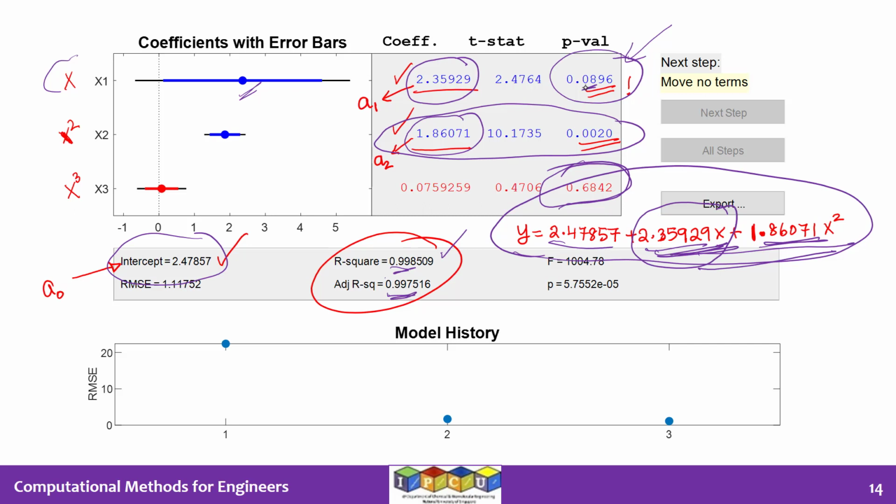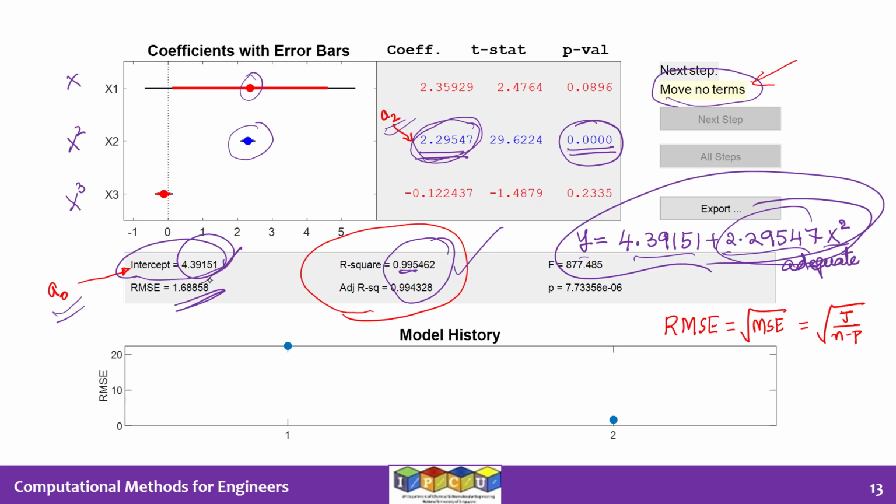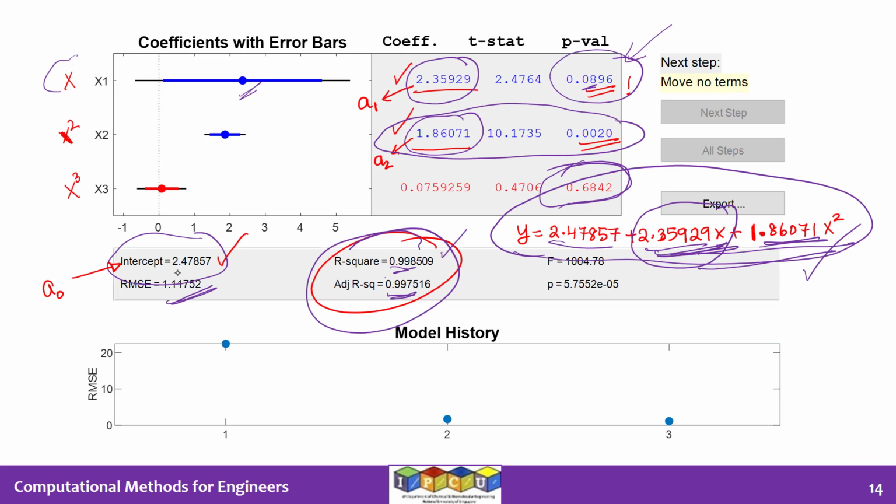Okay, so if you include the linear term, you get this model with these measures. The RMSE value is 1.11, whereas in the previous case without the linear term, the RMSE is 1.68. So if you include an extra term in the model, that means if you increase the complexity of the model, we see that the RMSE falls. The R squared rises. But the good thing here is R squared adjusted also rose up a little bit. So it's not a very clear decision whether this linear term should be included or not. That is what gives freedom for the modeler to decide. Tools can only help us, but the final decision making has to be done by the modeler or the experimenter.